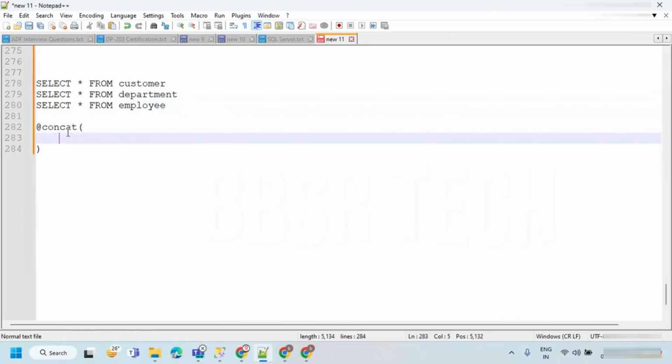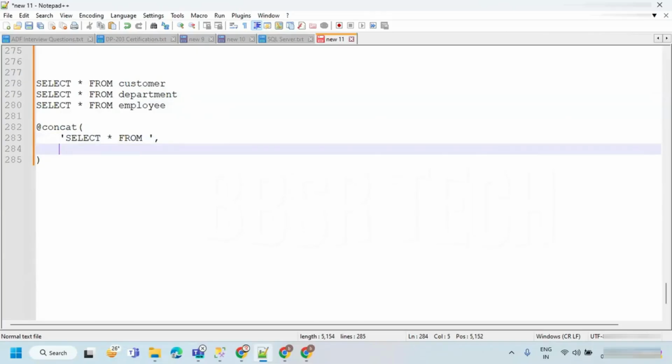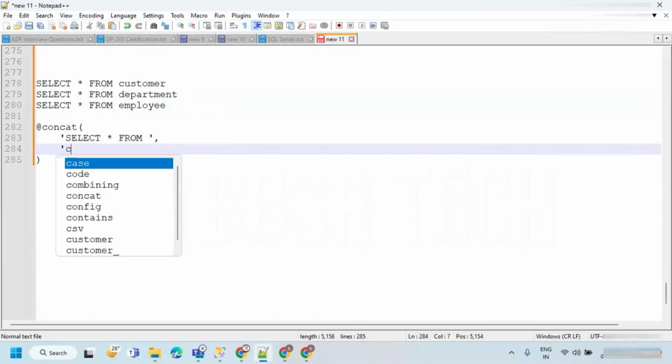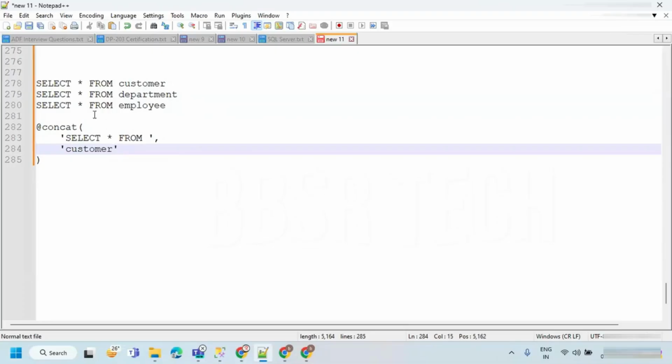So this part I'm just taking into single quotes, and the table name I'm just going to say customer. But this is a single table, this is static.